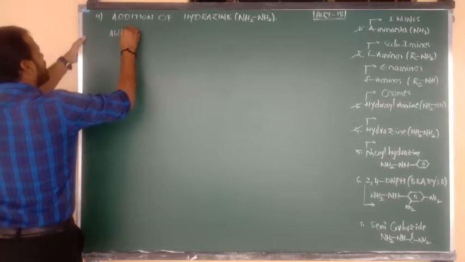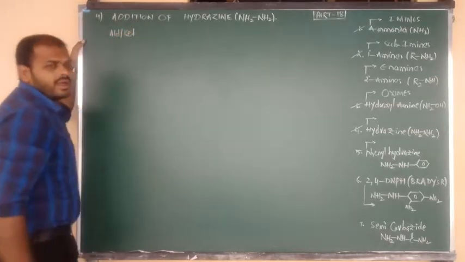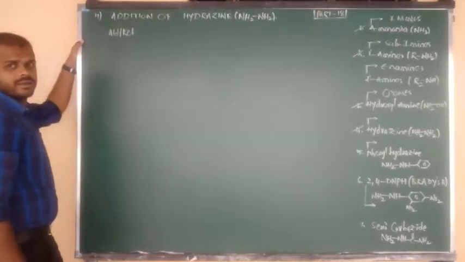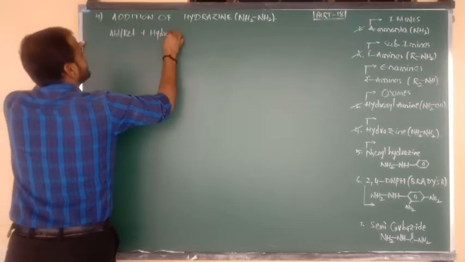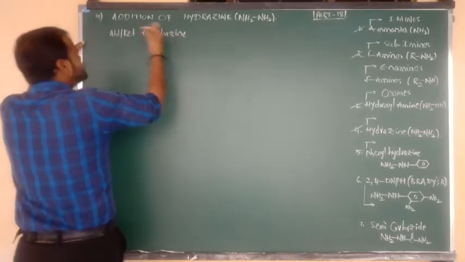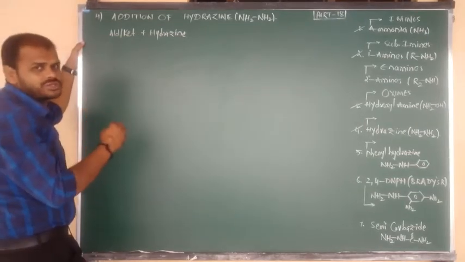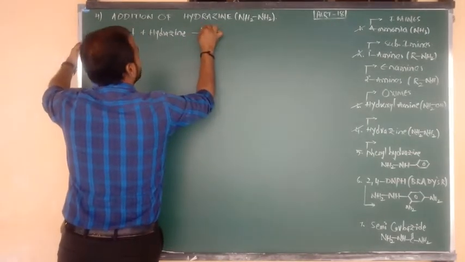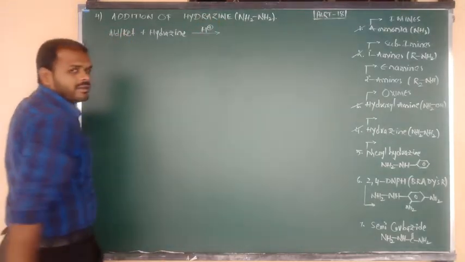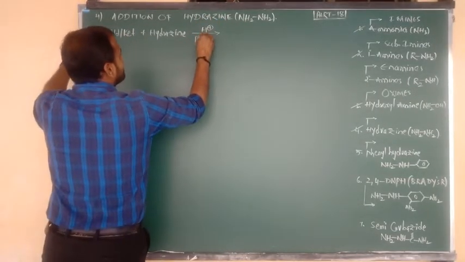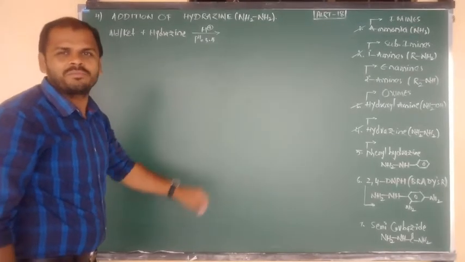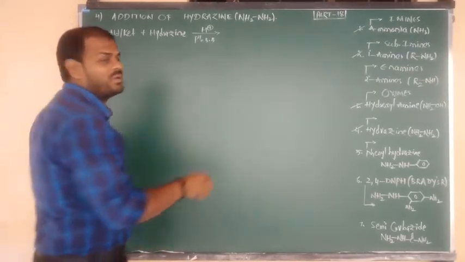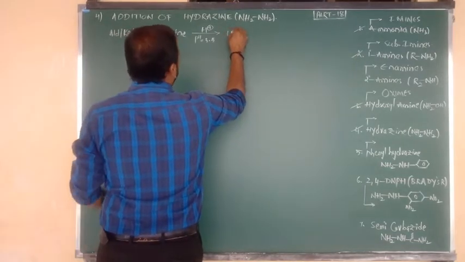First of all, here I am going to show the statement. It is the property of aldehydes and ketones: upon addition with hydrazine. Addition of hydrazine to aldehyde and ketone takes place in the presence of an acidic medium, and the acid should contain a certain fixed pH value, pH equals 3.5. Here you get the final product after elimination of a water molecule. The final product is called hydrazone.